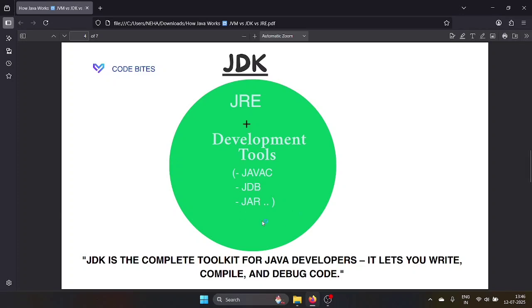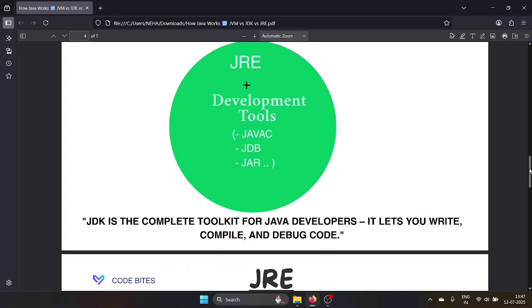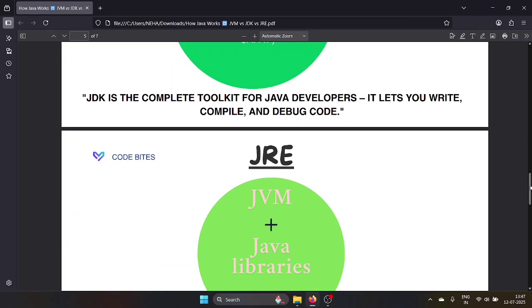These are the things provided with the JDK, and it has one more thing like javap, the Java class file disassembler. Like that, you have many things related to development. The JDK is a superset of the JRE. Let's take